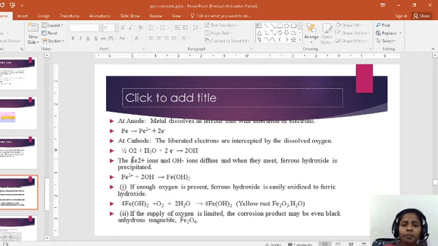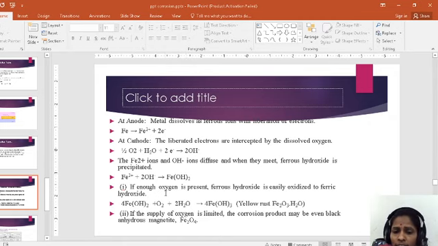Now oxygen is absorbed from the environment. So at the cathode, the liberated electrons are transferred to the oxygen. In the presence of a neutral solution, it reacts with the solution, releasing hydroxyl ions, that is OH minus ions. Now by adding these two reactions, we get the overall reaction, with Fe2+ and 2 OH minus as the products. That gives Fe(OH)2, that is ferrous hydroxide.